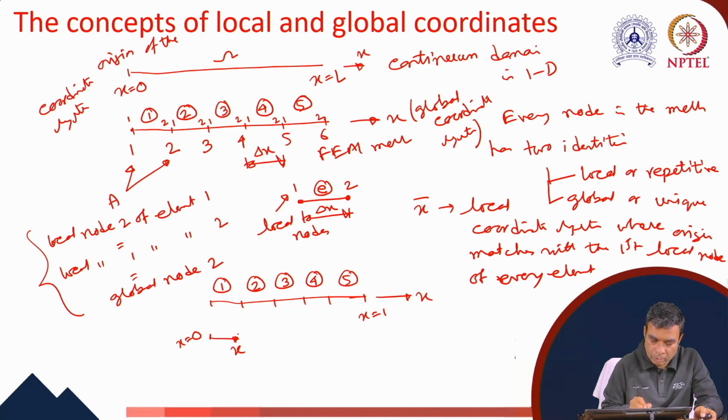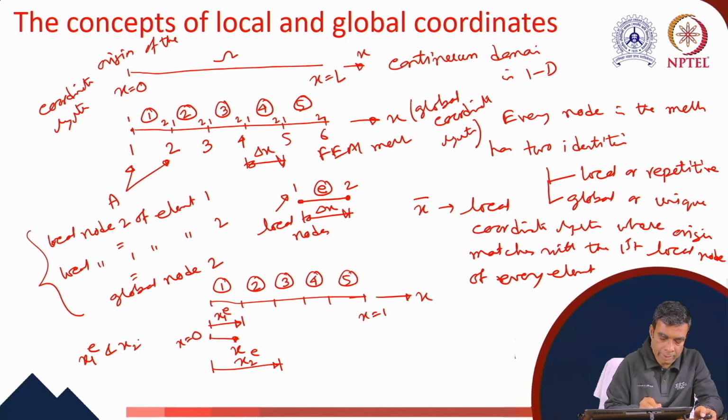Now the coordinate of the second node of element 1 or the first node of element 2 with respect to the global coordinate system is denoted by the symbol x1e, and the second node of the second element, its global coordinate is x2e. So x1e and x2e are measured